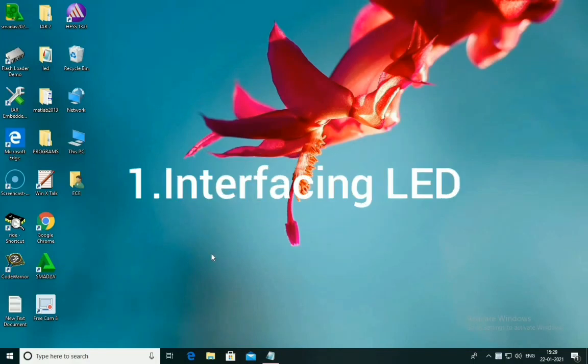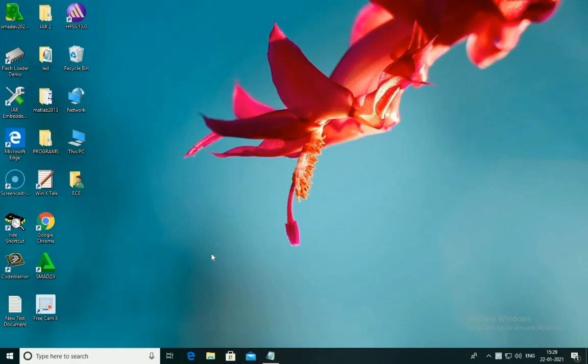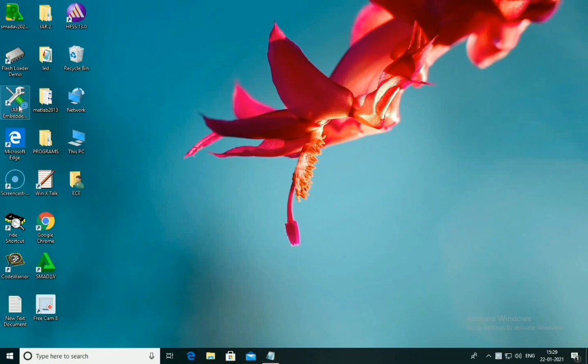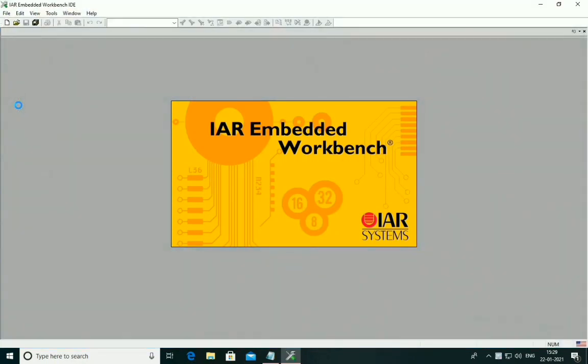So today we are going to see interfacing LED. In that, the first part you have to glow the LED in the ARM Cortex development board. So first, open the IAR Embedded Workbench,